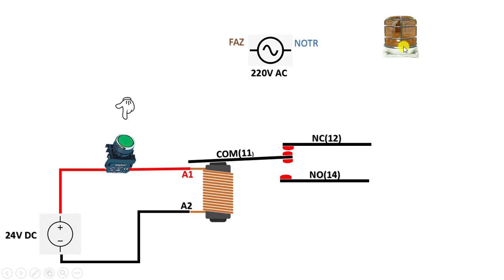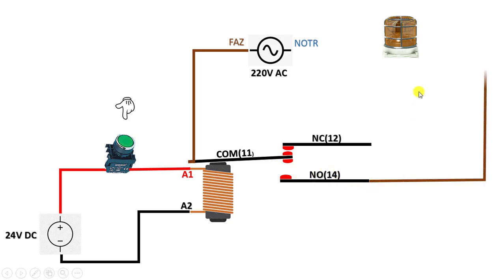Yes, we will provide the COM terminal from the phase of our power supply. We are making the connection. Friends, the phase that will go to my load in this way. We connect the cable to the COM, that is, the common end. Then I make the connection from the contact output to my load. And from my load to neutral I have established the connection. Friends, in this way, we have completed the circuit.